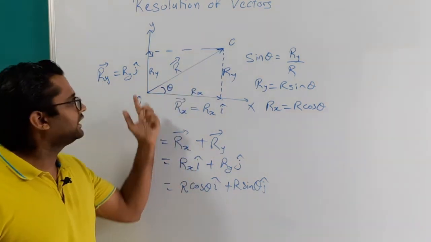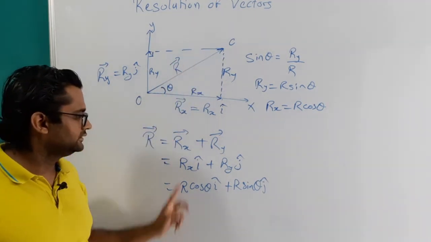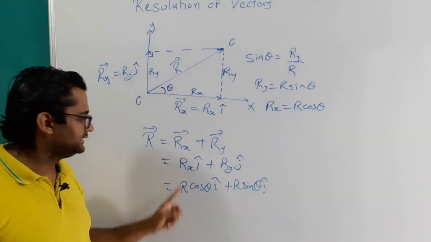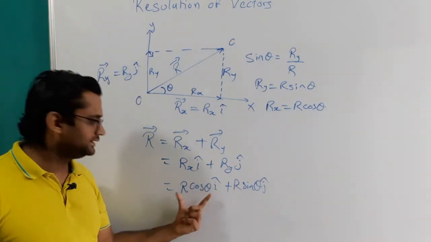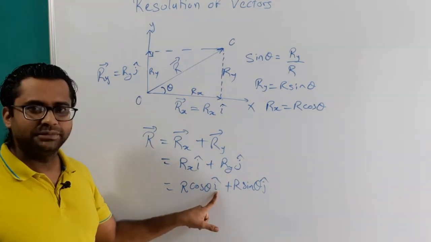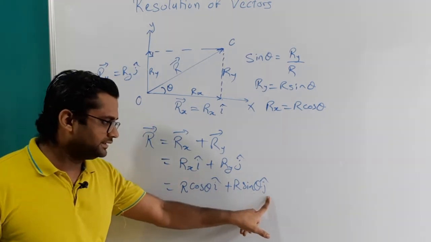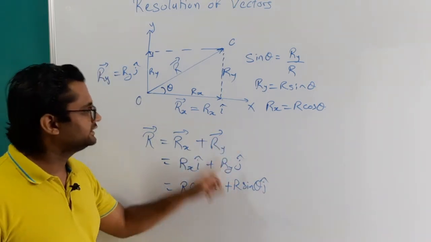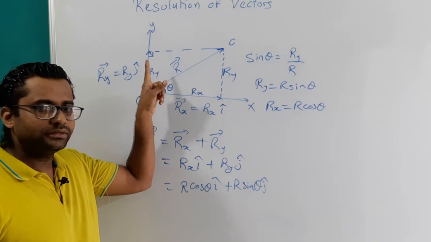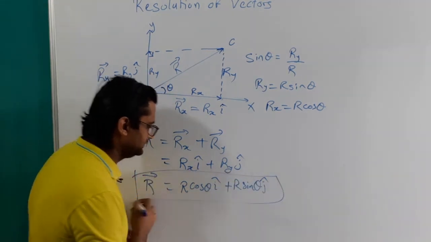Are you getting it? So we can write this vector r bar in this way, where we know the magnitude of the original vector r, and if we know the angle theta, then we can write the x component as r cos theta i cap. This is the x component since it is multiplied by i cap, which is a unit vector in the direction of x. This is r sin theta j cap. This is the y component, since j cap is a vector in the direction of y. So we can write any vector in this way.